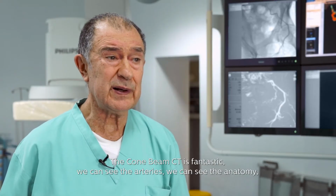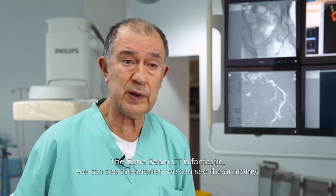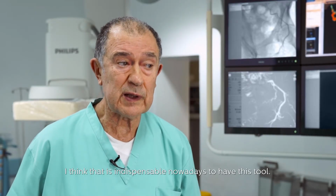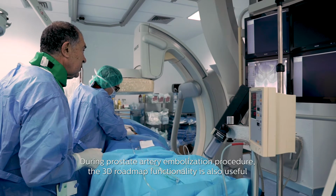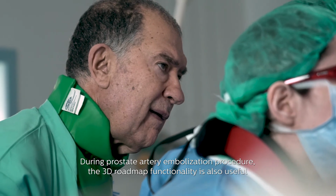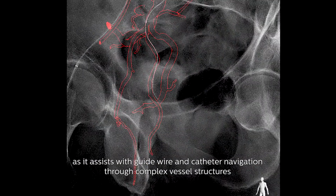The cone beam CT really is fantastic. We can see the arteries, we can see the anatomy. I think that it is indispensable nowadays to have this tool. We need it. During the prostate artery embolization procedure, the 3D roadmap functionality is also useful as it assists with guidewire